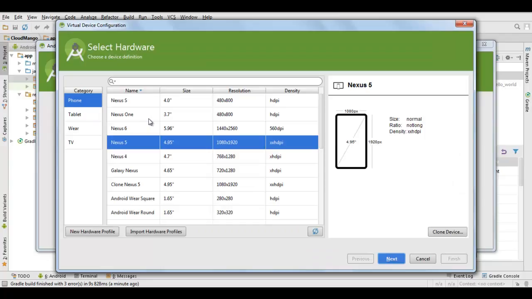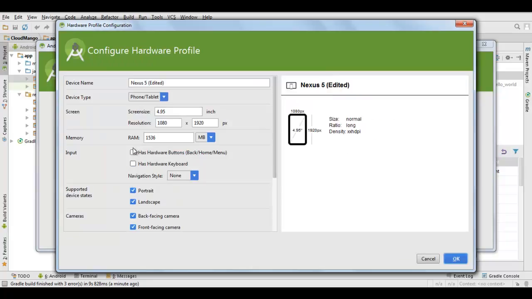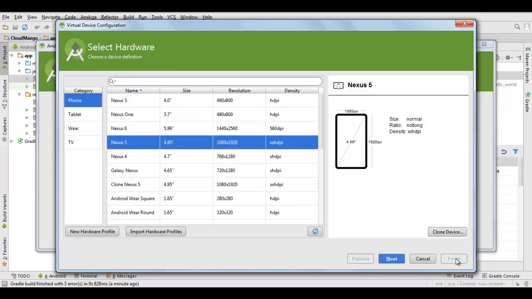These are pre-configured devices, so you can also use these devices, but it's best that we should clone them, because if something happens to the original device, we are not able to get the original configuration. So it's best that we create a clone device. So this is Nexus 5 clone. I mark everything by default and click OK. So as you can see, Nexus 5 clone is now created. We click next,